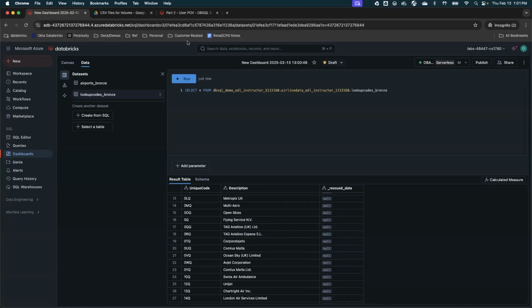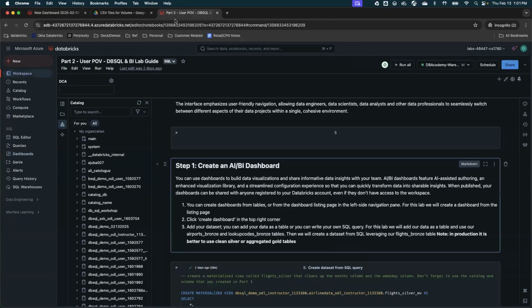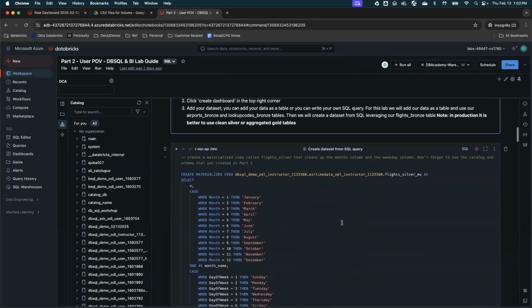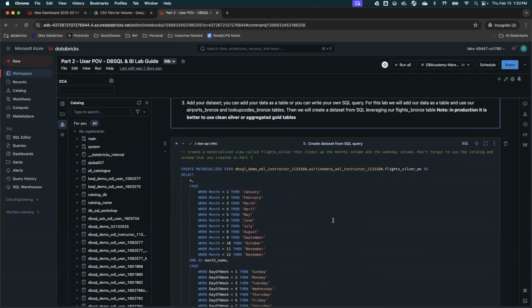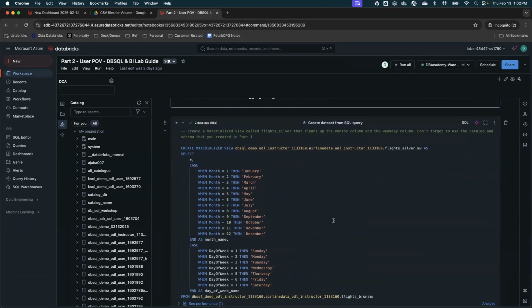Now, once I'm here, what are the next steps? I create a materialized view, right? We want to create a flight silver materialized view to clean up the data. That way, the query will know that when the data is running, if I'm getting data for January, if it is month one, then it's January.